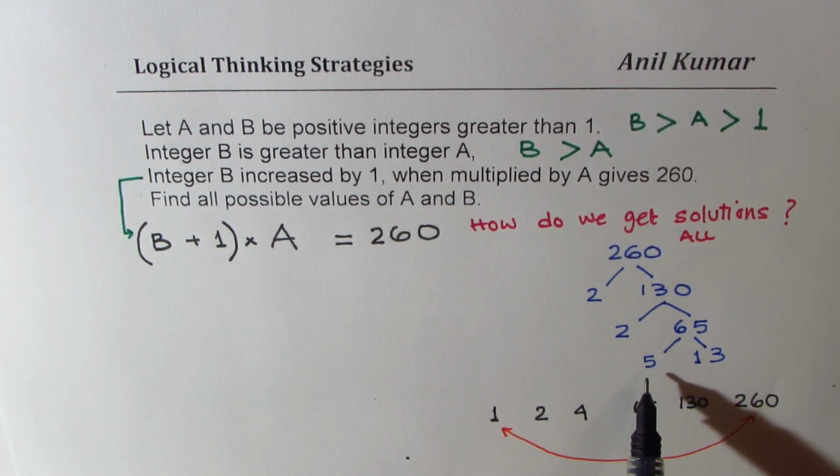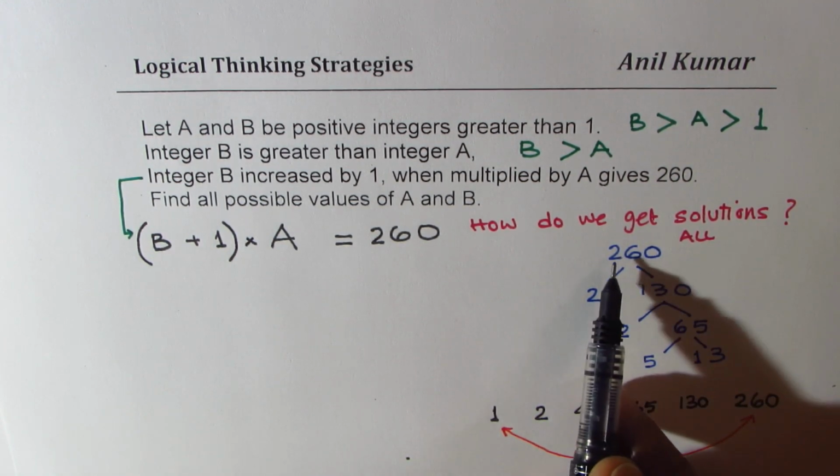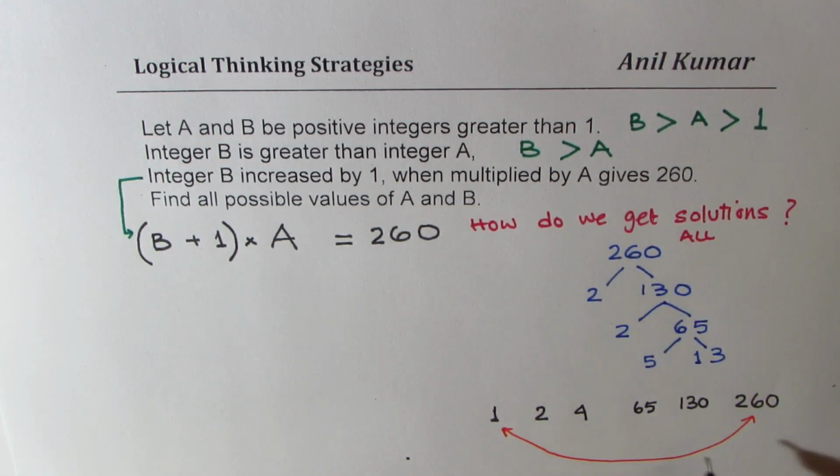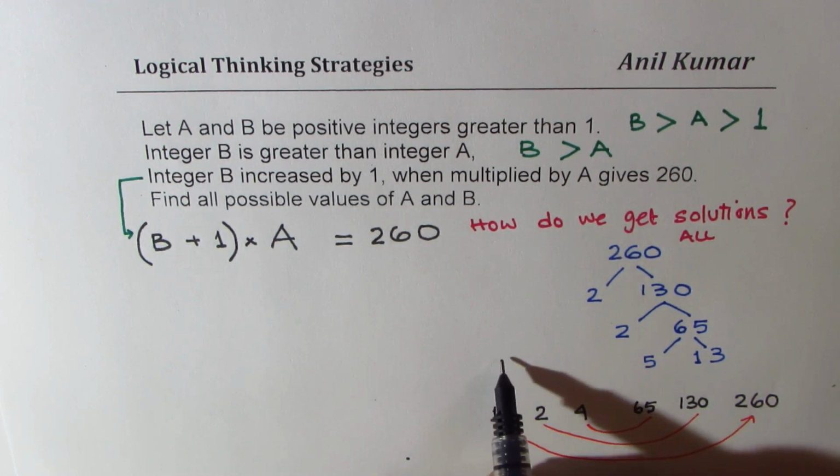We already have here 5 times. So when I do 5 times, let me divide this by 5 to get 5 times what? Since there's lesser space here, let me make another list. So what we got here are a few numbers which could give us 260, but we could continue this list by saying 5 times